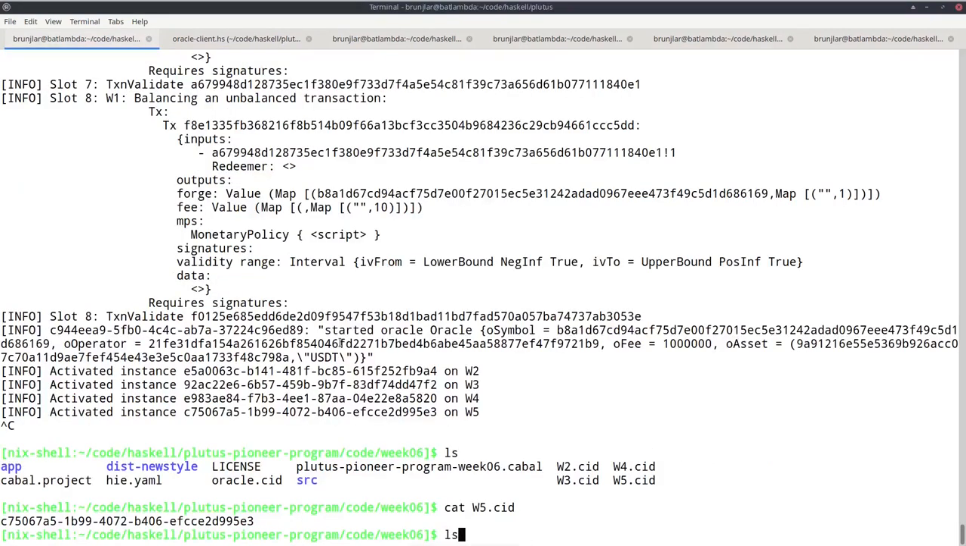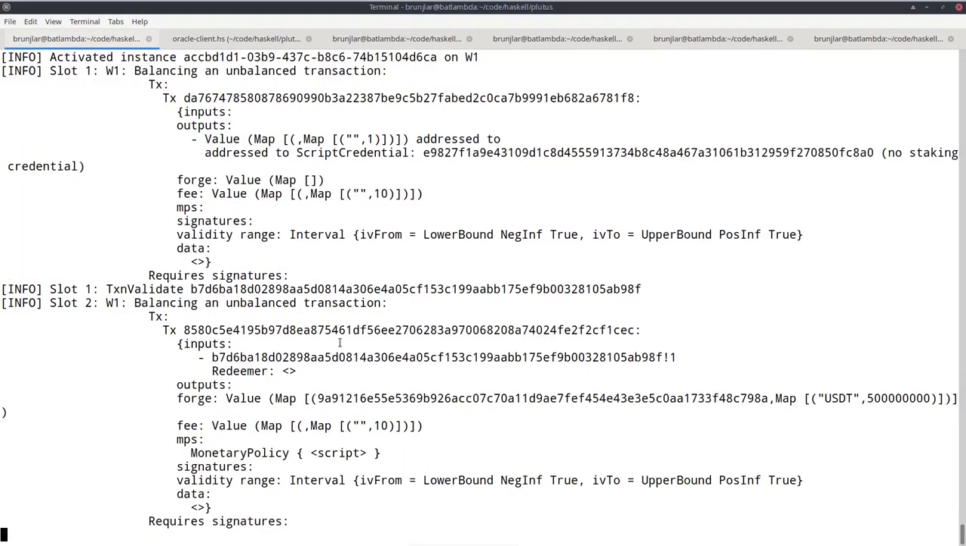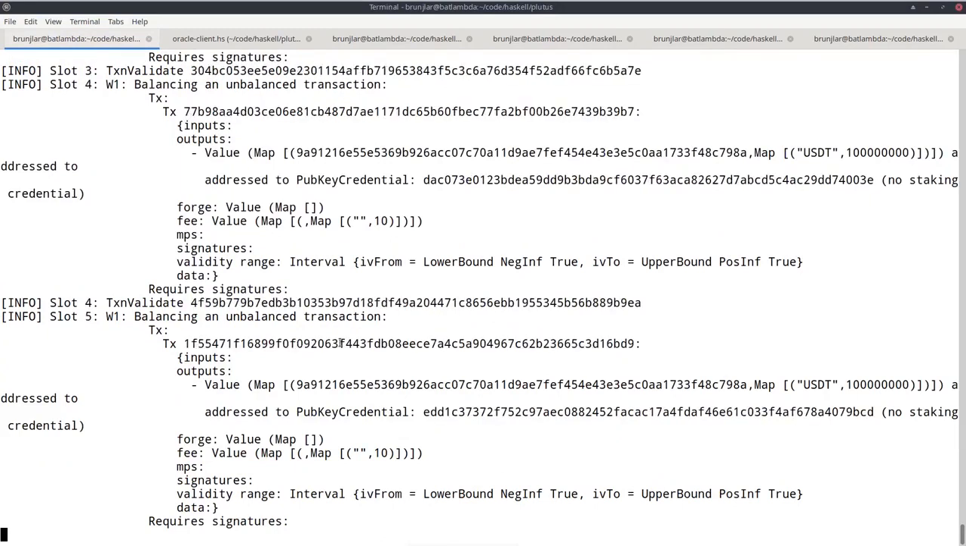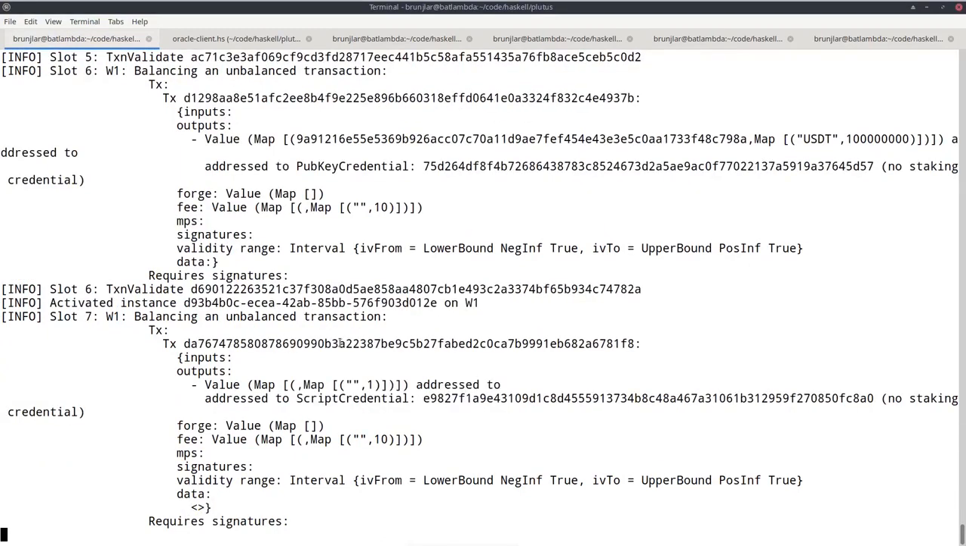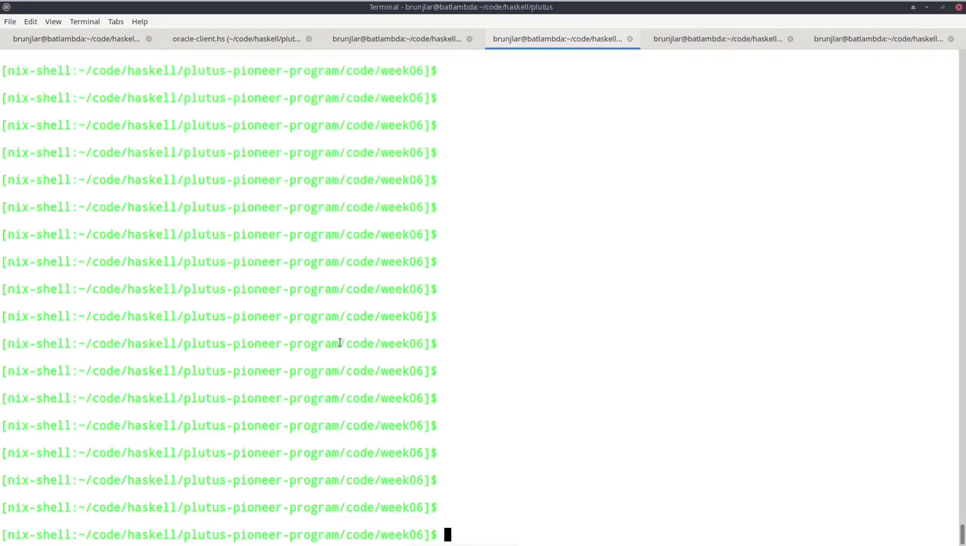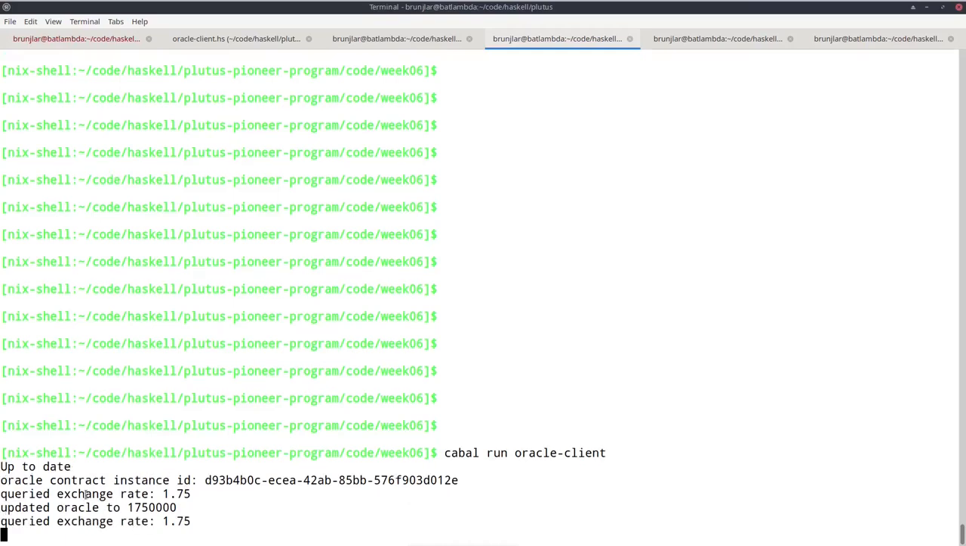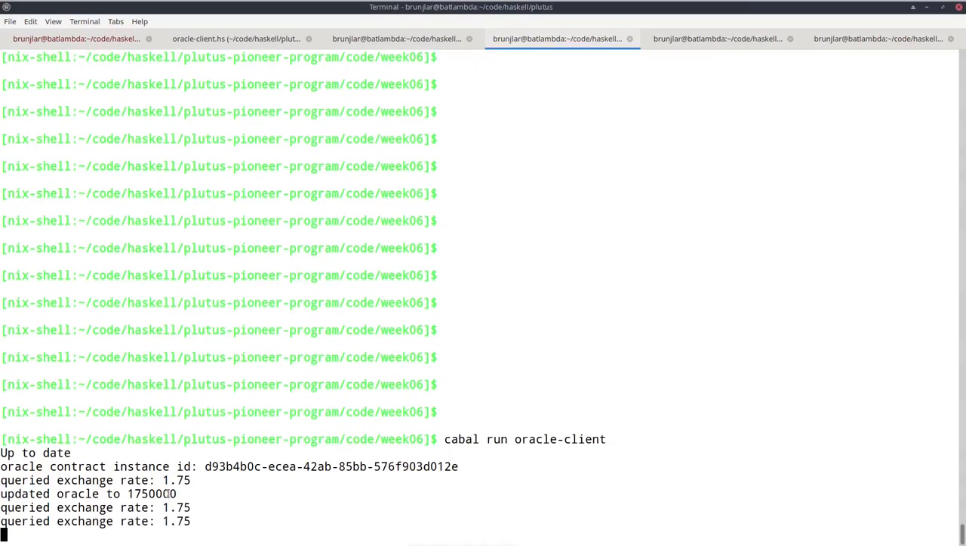So we can try that out. Let me just start the PAB again. Wait until the Oracle is started, and the funds are distributed. Okay, so now everything should be running. And let me just go to another terminal window, and I run the second executable that I just showed you, the Oracle client. Okay, now it went to CoinMarketCap, and it seems right now the exchange rate is $1.75. And now it called update Oracle with this